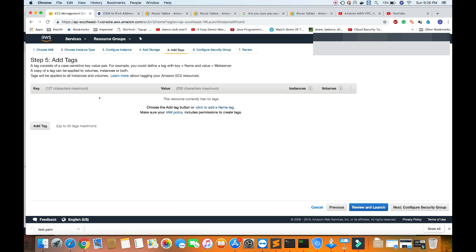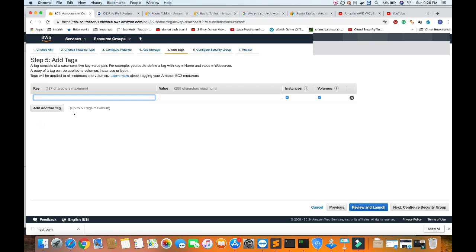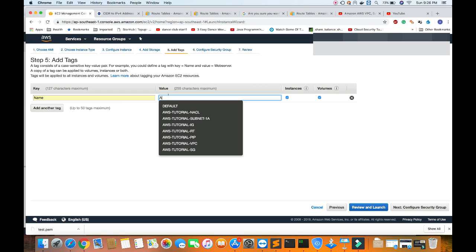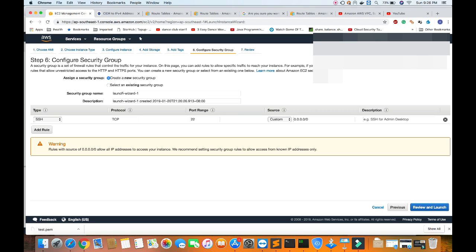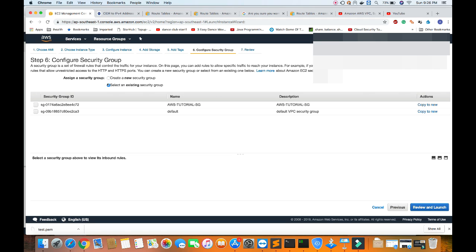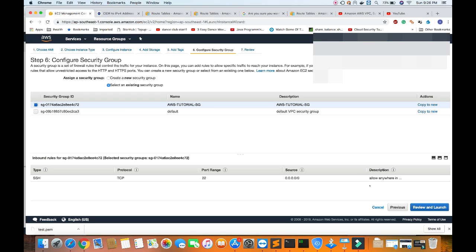Add tags, so we will name it. We'll name the instance as AWS tutorial EC2. Okay, let's configure the security group. Now we will select the security group which we previously created, AWS tutorial SG, and actually I have added the 22 port also in that for the access,